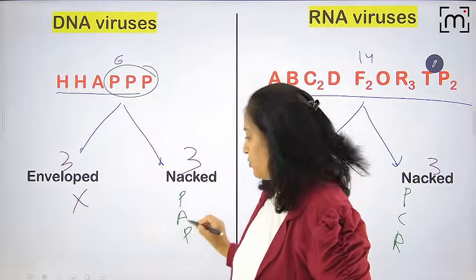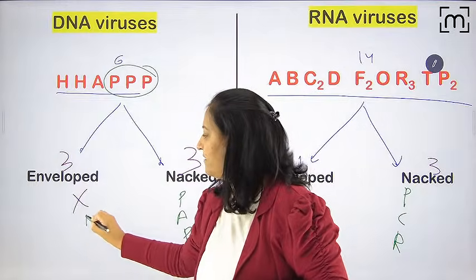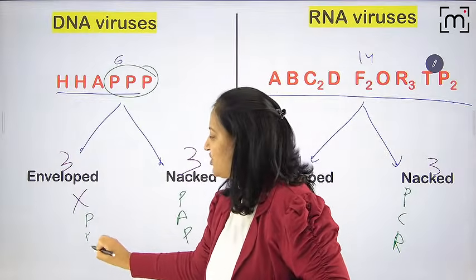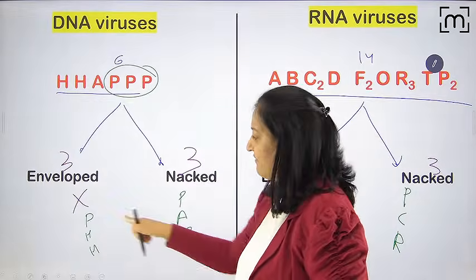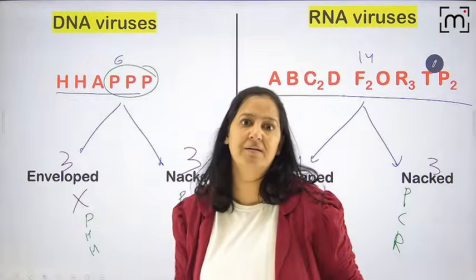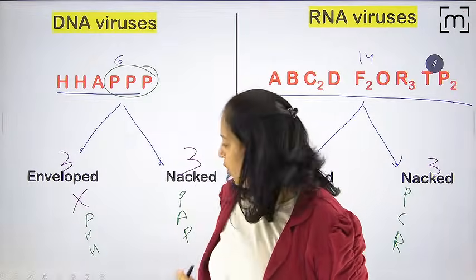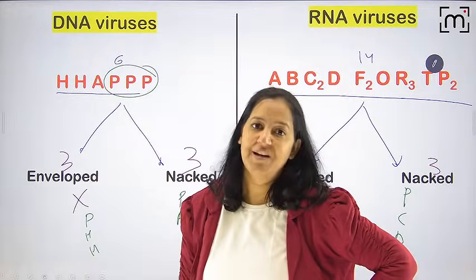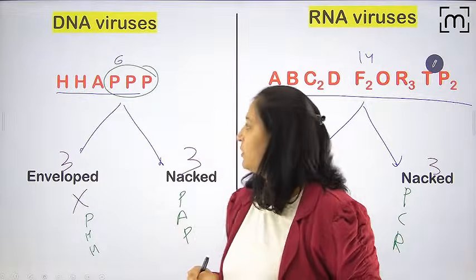Total 3 P's. So 2 are here, and obviously 1 is here, along with the 2 H. Which 2 are here? Which 1 is here? That's the challenge to learn. The examiner knows this trap, and you get all the P's in the options only. Now see, use your common sense.